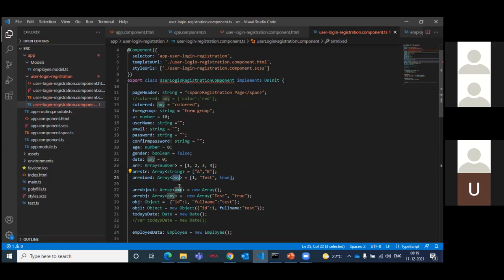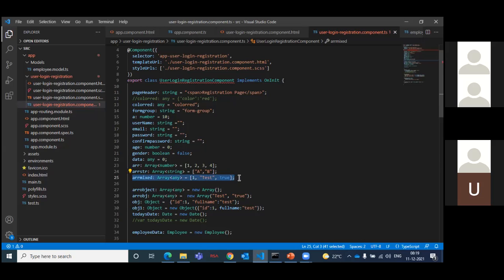What is this any? Any is one of the data types we discussed in the previous week. Any is one of the data types like number, string. Same like that, a and y. Any is the keyword, a predefined data type which holds any type of data. So this is about arrays.